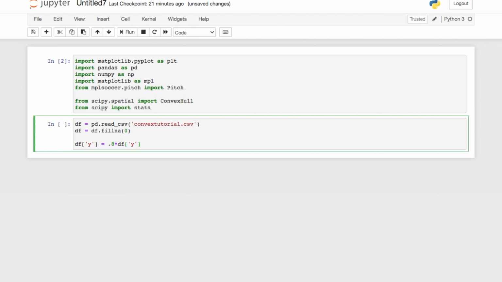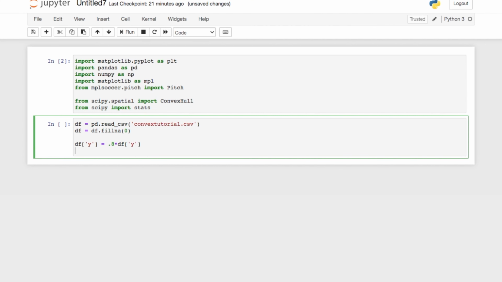So that multiplies all of our y values by 0.8, so it fits the 80 value. And as well, we want to say df x equals 1.2 times df x. So what that's going to do is make sure that our x and